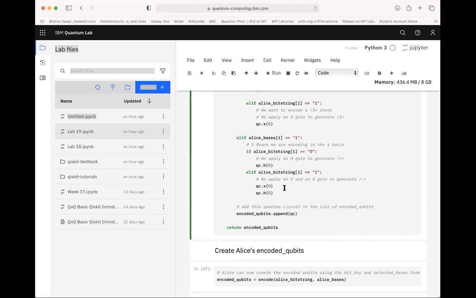There's a lot of options. But if you do an X gate, you're now pointing in the one direction, and then a Hadamard gate on a 1 state brings you to a minus state. So it does like a pi half rotation in both X and Z. So the final step is just to append the circuit we just created to our encoded qubits list. So every single element of our encoded qubits list is actually an entire quantum circuit. So every time Alice wants to send a qubit, she has to perform this quantum circuit on her quantum computer,